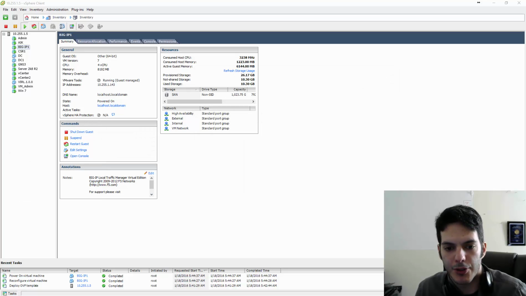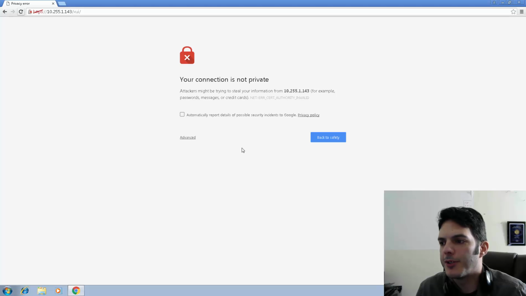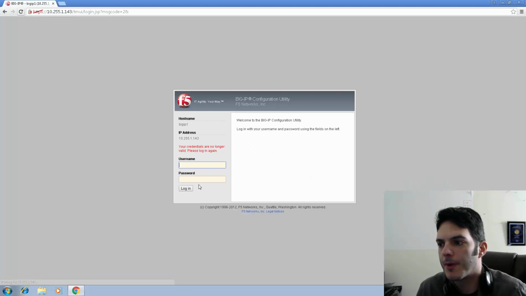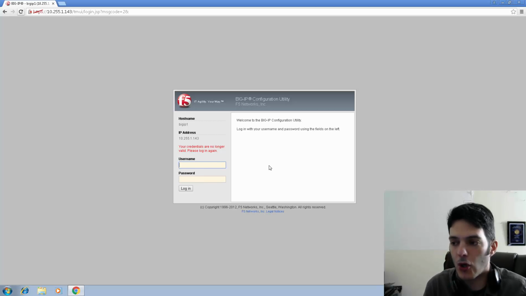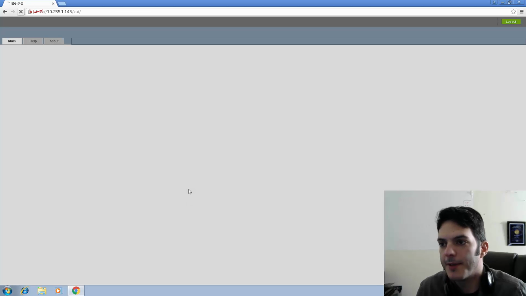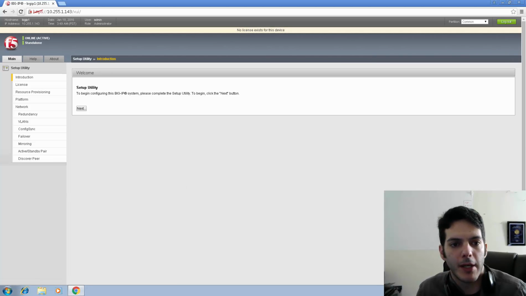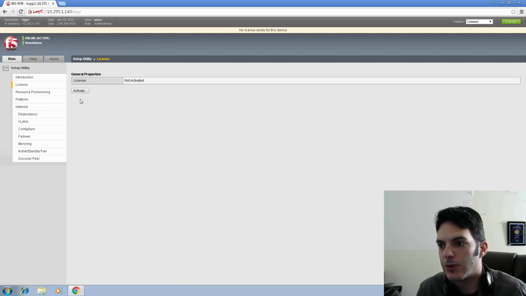and I'm going to pull up the web page of the new device, click on Advanced, proceed to that port number, and then we're going to say login is admin and admin. Click login, and then from there we'll be able to utilize our license keys. So I'm going to go ahead and click on next, and I'm going to activate,